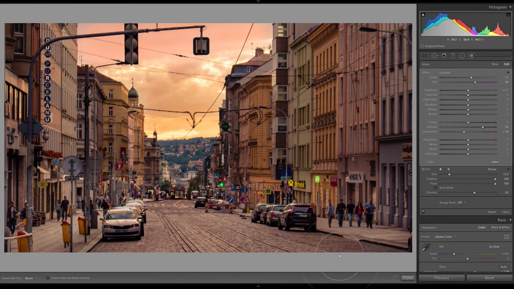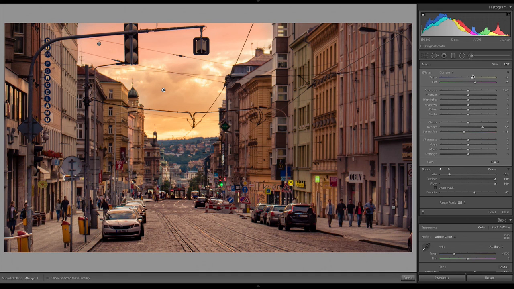And that makes this street a little bit warmer, a little bit more pinkish, magenta-ish, like the sky right here, using these settings that we added to the sky. That's looking pretty good.